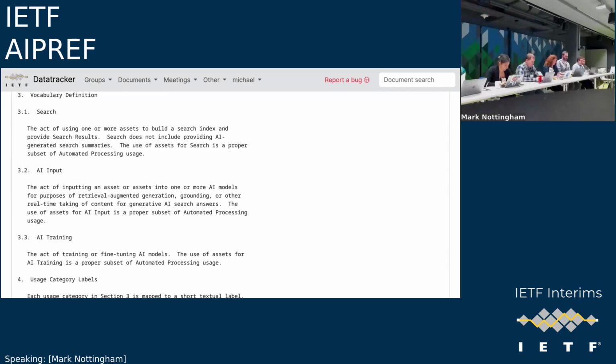Yes, you could argue any program at some point will become an AI model. Realistically, though, if you ask the average web developer to differentiate an AI use case versus traditional search, I think they'll come more or less to the same answer. And Krishna, to your point, agreed. But these are preferences. We've handled that problem already as part of this, right? You can ignore the preferences for the purpose of security, and I think that's a very valid way to use or ignore the preferences. So I think there's already some tooling to make sure we can still put things in spam for the purpose of keeping things safe.